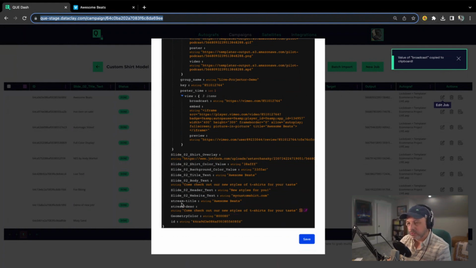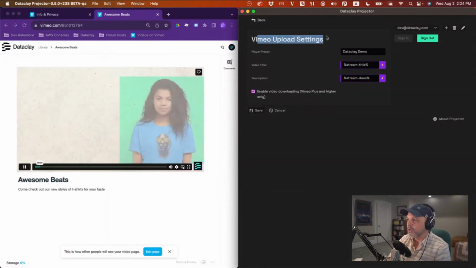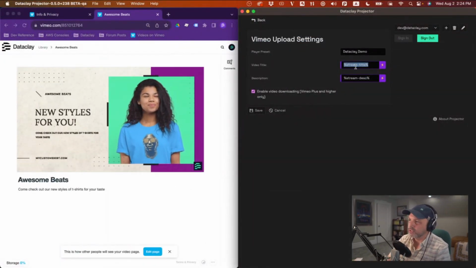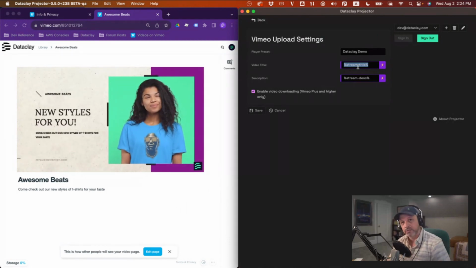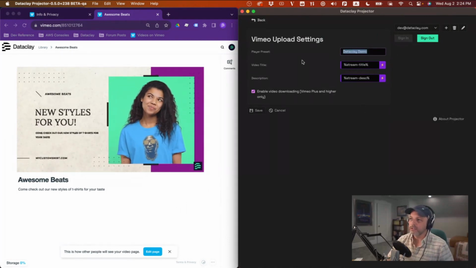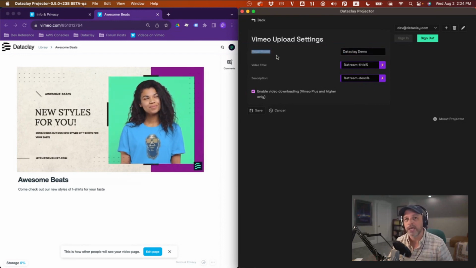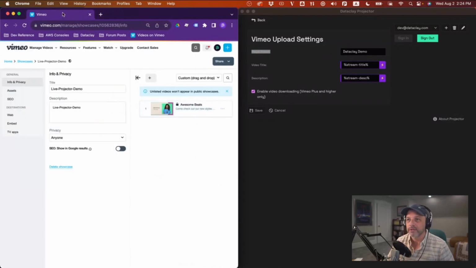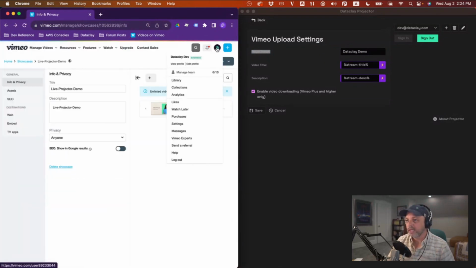And these two keys are basically being used inside of the Vimeo upload settings. And when you have the percent wrapped around those keys, that means Projector is going to look at the job data and say, okay, this is what the value is going to be when it gets up to the streaming platform. Now, the other thing to note is that player preset refers to this notion that in Vimeo, you can have multiple players that are branded for your clients.